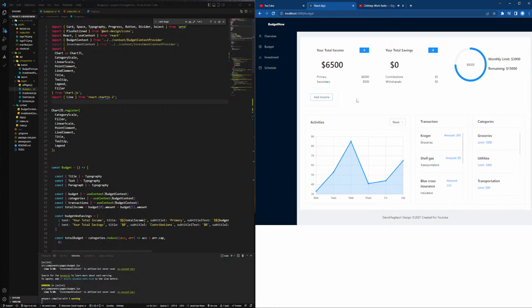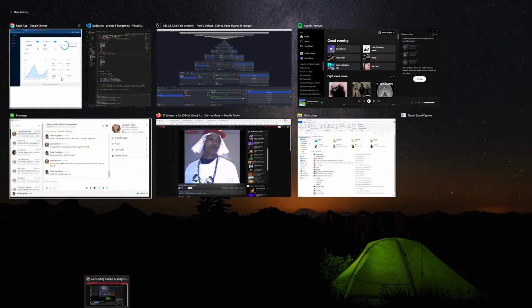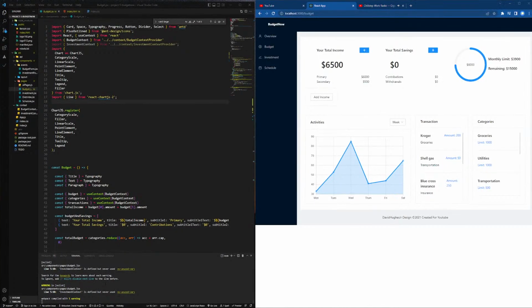I want this add income button to not be shown like that. So